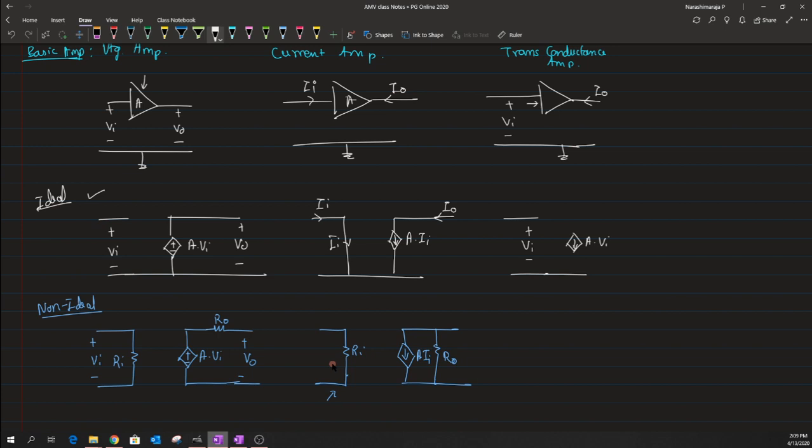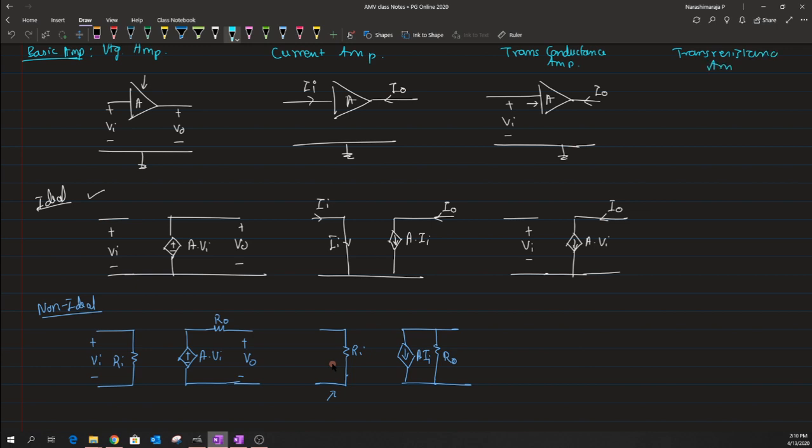So this is something like a voltage controlled current source, and this is how I could re-represent the ideal model of this transconductance amplifier. Let me not draw the non-ideal model, but as of now I'll just go ahead with the ideal model for today's discussion. And the latter one is about the transresistance